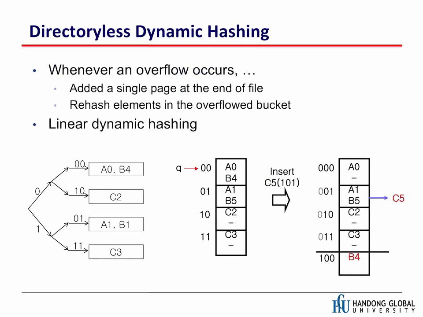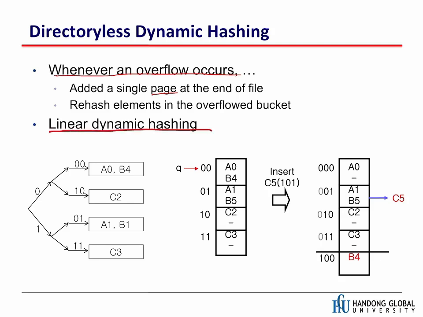That's what directoryless dynamic hashing is. In this hashing technique, we have dynamic hashing, but without a directory. Whenever an overflow occurs, we add a single page at the end of the file, so a single bucket at the end of the file, and rehash the elements in the overflowed bucket. So that's the basic idea. But when we have linear dynamic hashing,